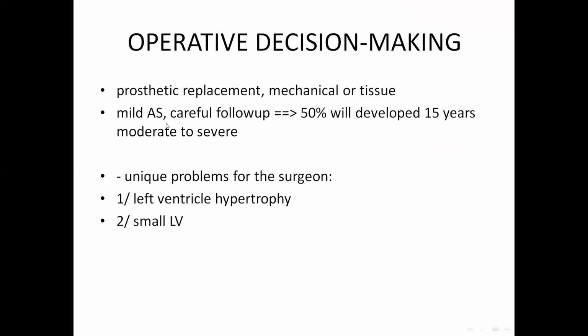With mild AS, we will just do careful follow-up. We will not replace the aortic valve, although 50% will develop moderate to severe stenosis after 15 years. And there is a unique problem for the surgeon once we have a lesion of AS and MS: the left ventricle will be hypertrophied. That means the mitral orifice will be more anterior, so the exposure will be poor, and